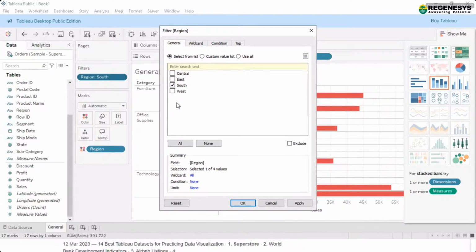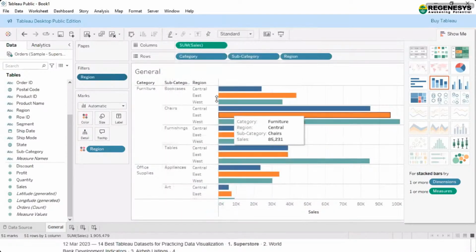So instead of ticking to include each one, it is better to exclude the fields. So now I want to exclude South, and I click exclude here and apply OK. You can see that other than South, all three regions, Central, East, and West, are available now.